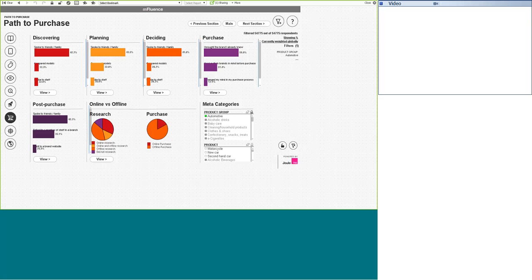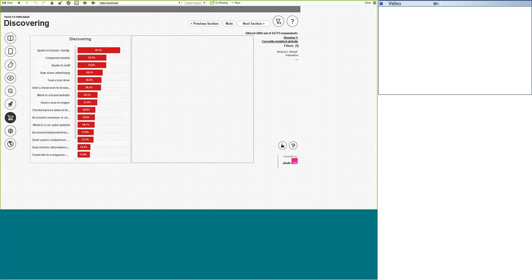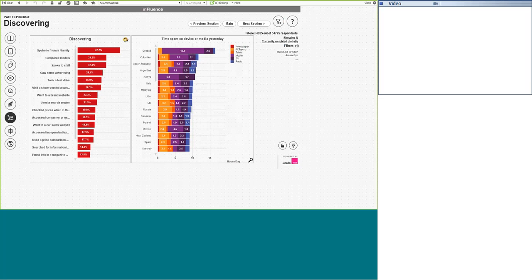Now, I'm looking at automotive, but I'm going to go into one of the areas now. I'm going to go into discovering and go from the overview dashboard into the deep view dashboard. What these are set up to do is give you the ability to look at advanced analysis, so you can start to understand all the countries you've selected, and all the different things that can impact